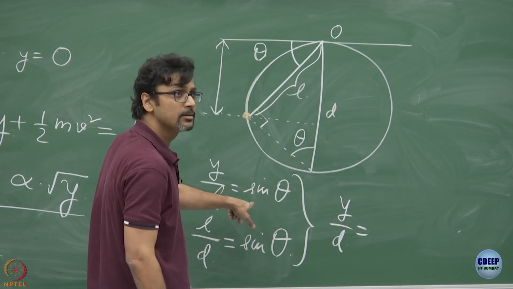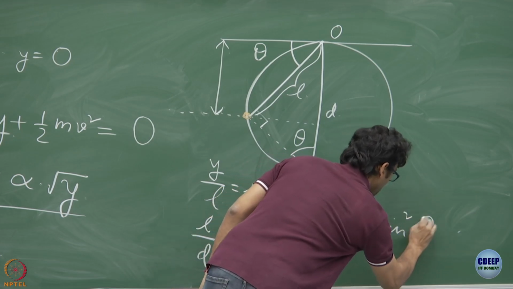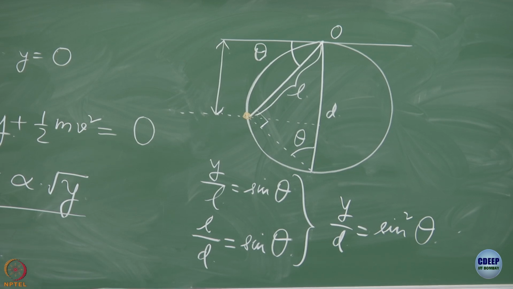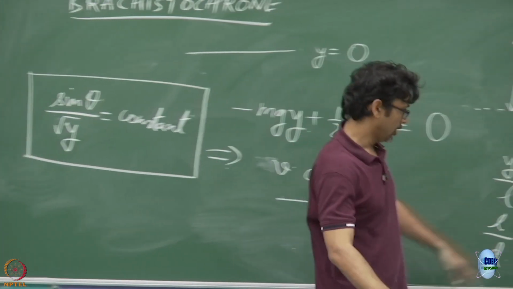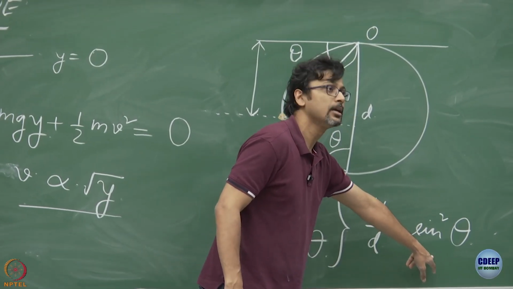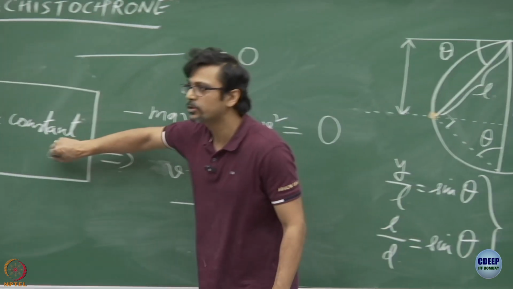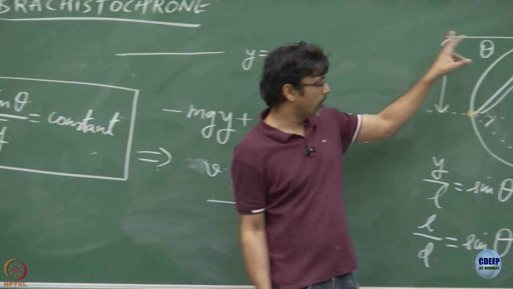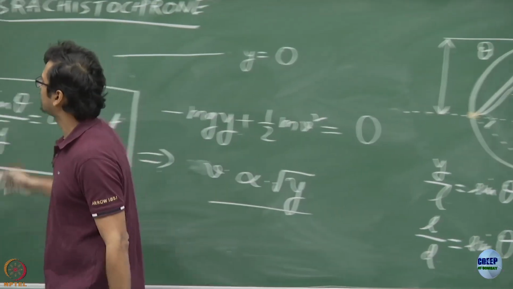Sine squared theta. Now, if you take the positive square root, sine theta by root y is 1 by root d, which is a constant, and therefore this, right? So indeed, once you understand this geometry here, it's quite natural to expect that this is going to be